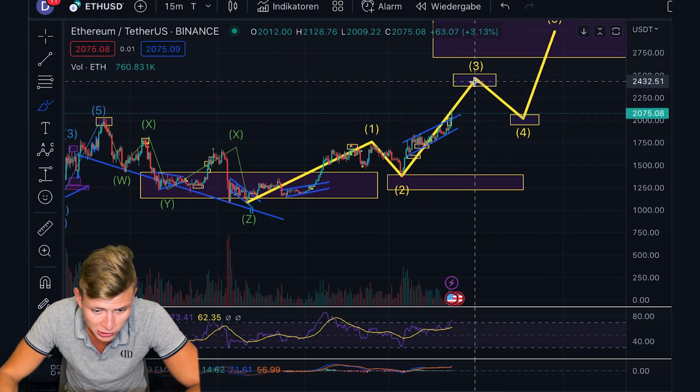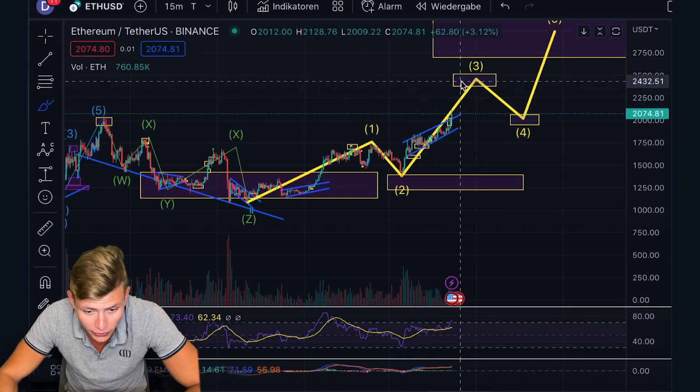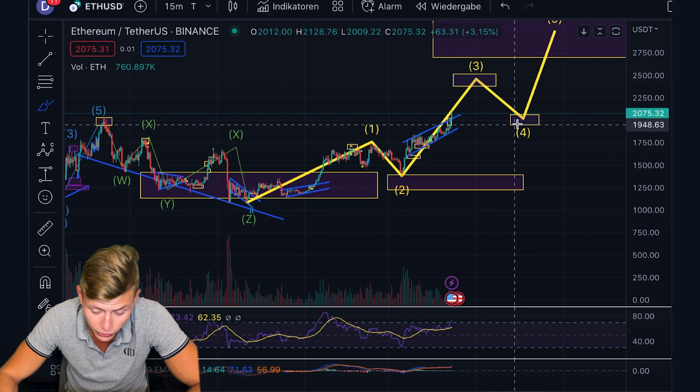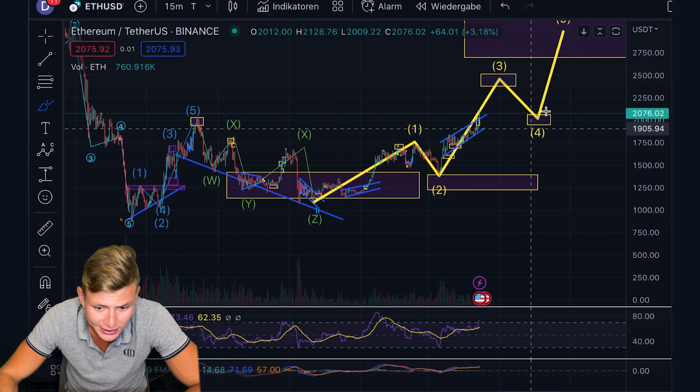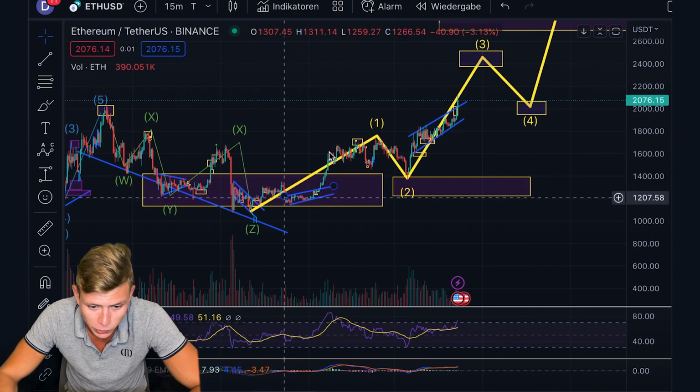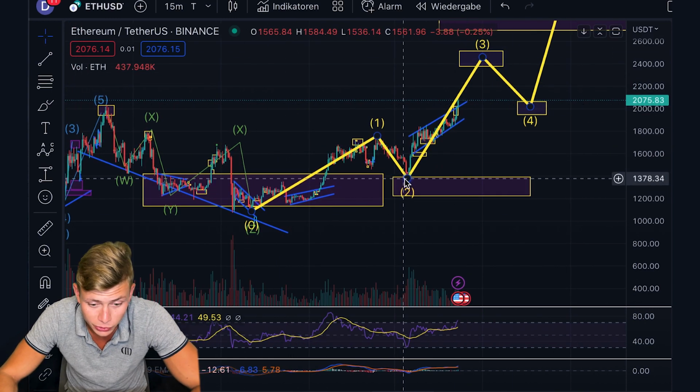If we are in the bullish breakout scenario already, and this is a third wave, then the next target is 2,430. We are seeing a wave 4 down then to $2,000 again approximately, and a fifth wave afterwards, which brings us all the way to the $3,000. So that would be the bullish scenario here of the straight breakout.